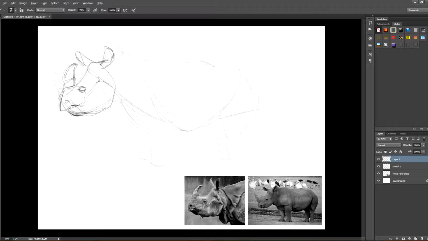Although I'm using lots of references from the photo, like the position, for example, I'm not copying. What I'm doing is trying to respect the dimensions and proportions of the rhino and represent these in my drawing by taking elements from the photos. You could use more references if you wanted to, but I think that 2 is enough for now.